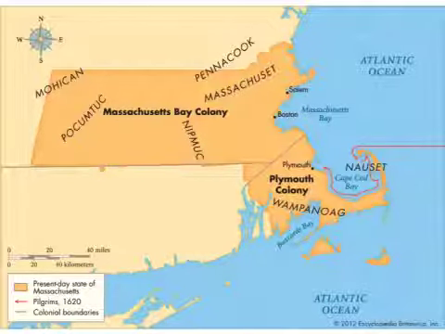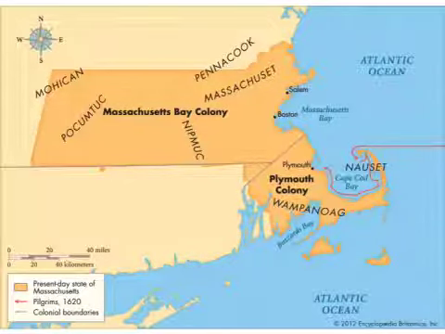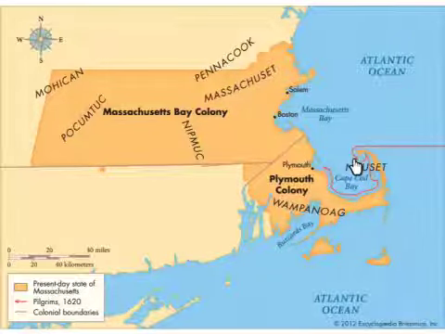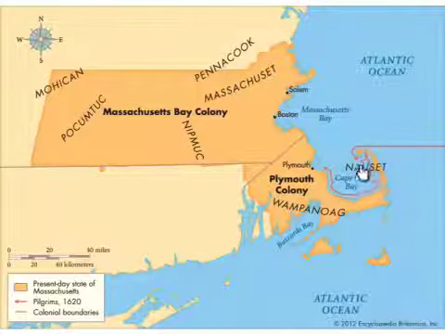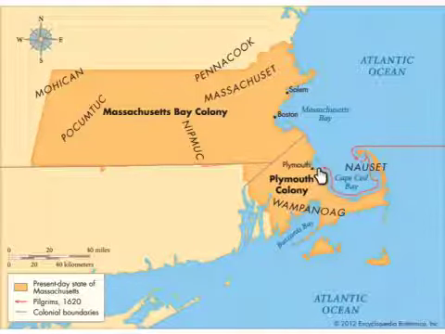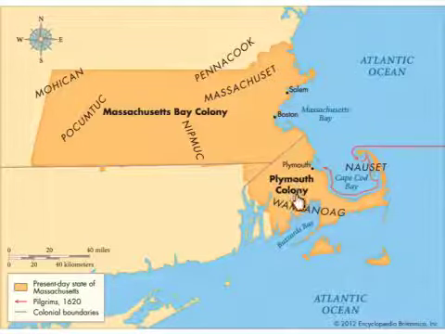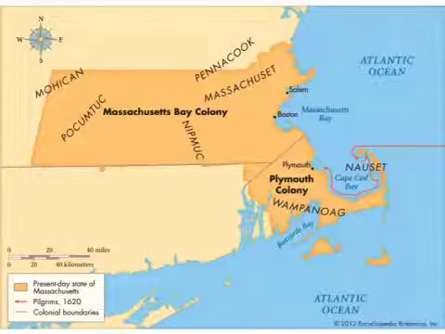Now, initially, Plymouth is right here. I've actually been to it before, to the site of the original Plymouth plantation. What happened first is that the Pilgrims actually landed here. They didn't go ashore for any extended period of time. They took some boats ashore, explored a little bit, but they stayed on those boats for a couple of months, and then they sailed across Cape Cod Bay and eventually landed and formed the settlement of Plymouth right here in 1620.